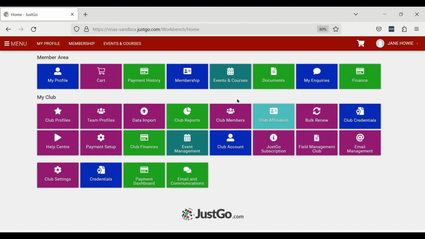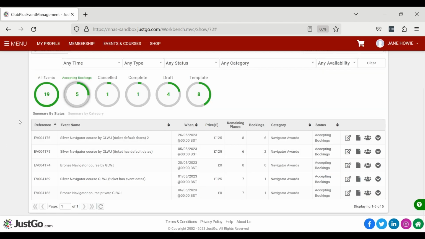Okay, I need to add 2 candidates who've booked through my own provider website, not via Just Go, so that they can get their certificates. So I go to Event Management, I find the course that I want to book them onto, and here it is. Price is 0 and the availability is 0 at the moment, and it's in accepting booking status. So I'm going to edit the event,